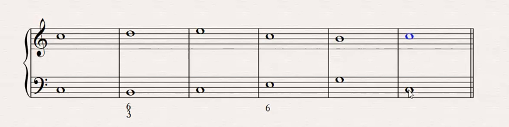Okay, let's try the tenor voice now. So last time we decided to put the tenor voice down a little bit lower. Let's start it up here so that the upper voices are in a pretty close position, which means that they'll be as close as they can go. So the tenor will be on E, the alto will be on G, and the soprano will be on C. So if the tenor starts up on E,